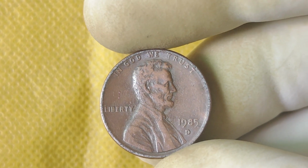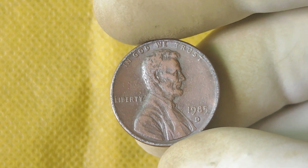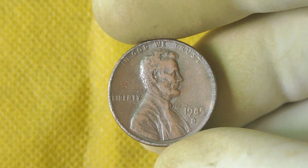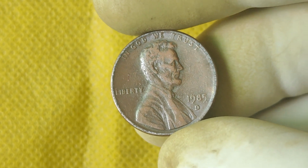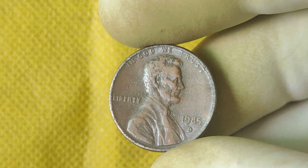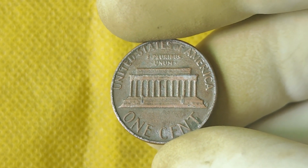The 1985 Abraham Lincoln 1-cent penny, with a mint mark that could just make it more valuable than you ever thought. If you're into coin collecting or simply curious about its market value, stick around because this is going to be an exciting ride. The 1985 D Lincoln penny was minted in Denver, as denoted by the D mint mark